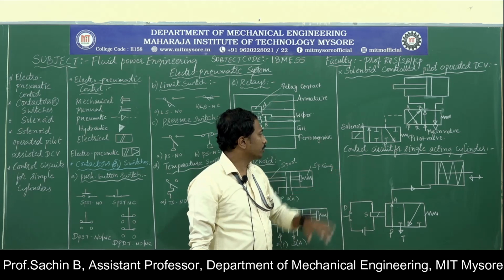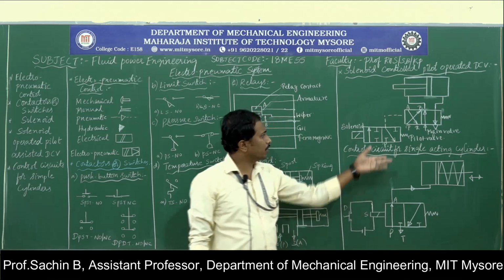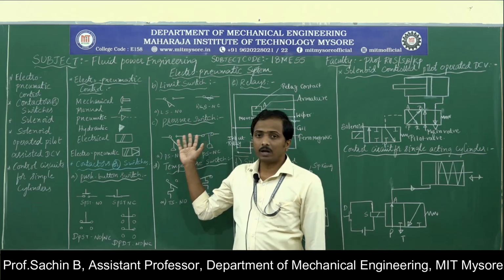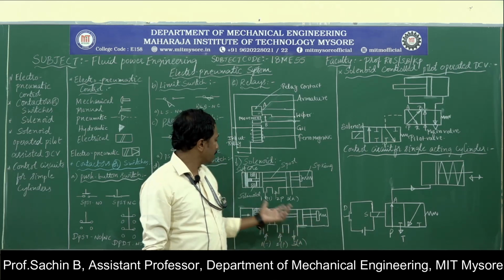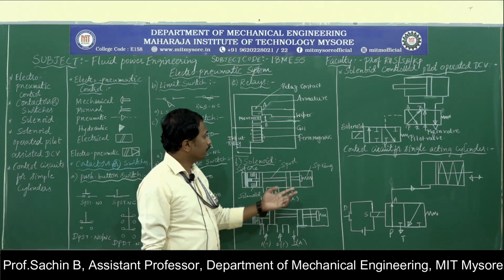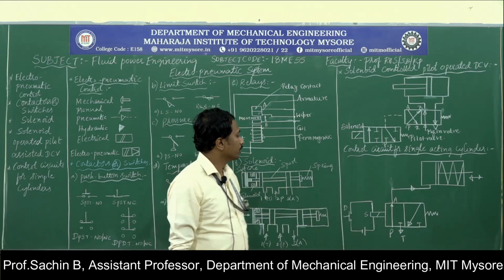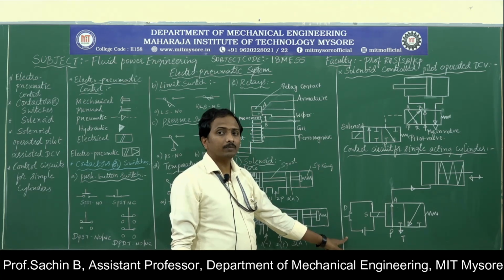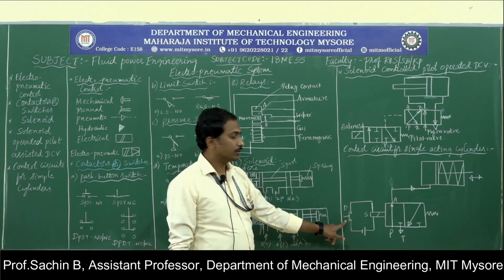Next is about some of the control circuits for a single acting cylinder. We already know how different types of switches and contacts work in many applications. But here I explained how, with the help of a solenoid, we are actuating this pole. Again, application wise, how will this single acting cylinder work when you make contact of that solenoid with an electrical switch or a push button type of switch, or when we are using many different contactors?